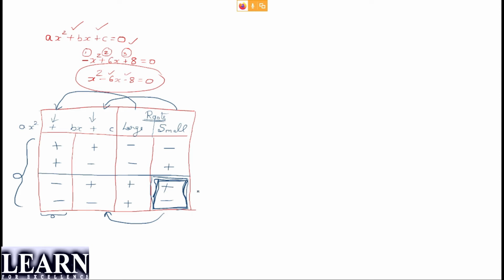Clear? Now, how to understand this with respect to the equation, guys? This is in terms of a table. If you get any quadratic equation, you can just plot this table. It will be easy for you. Now what if it is given in terms of an equation? I'll take it as ax square plus bx plus c is equal to 0. Now from this table itself, I'll take it in an easy format. Here, the first one represents the larger root, and it is always the negation of it.